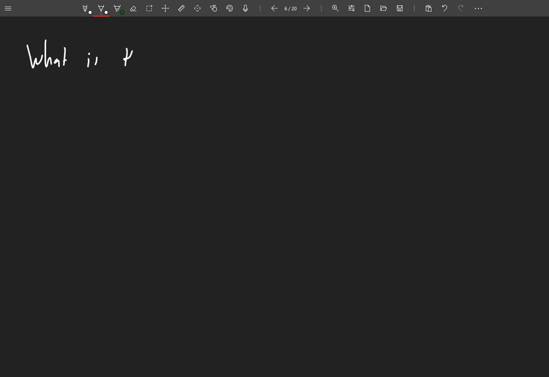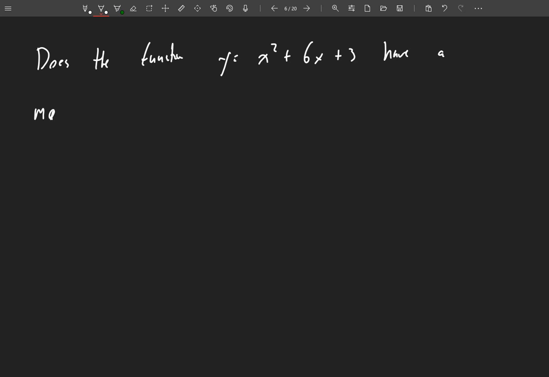Actually, let's do it this way. Sorry if you're taking notes and you started that. Does the function y equals x squared plus 5x plus 3, let's actually use a different one. Let's do x squared plus 6x plus 3, have a maximum,